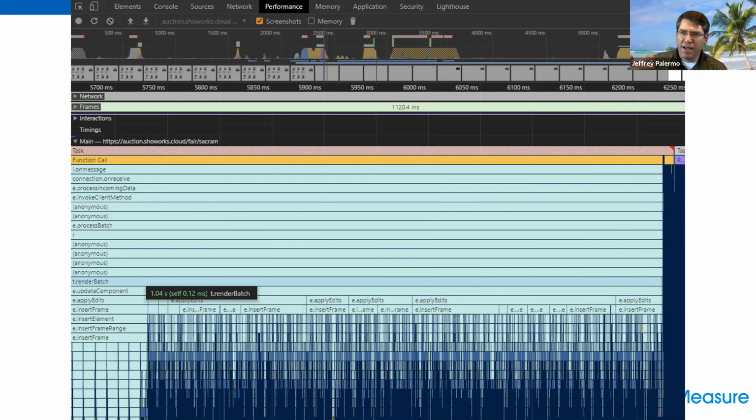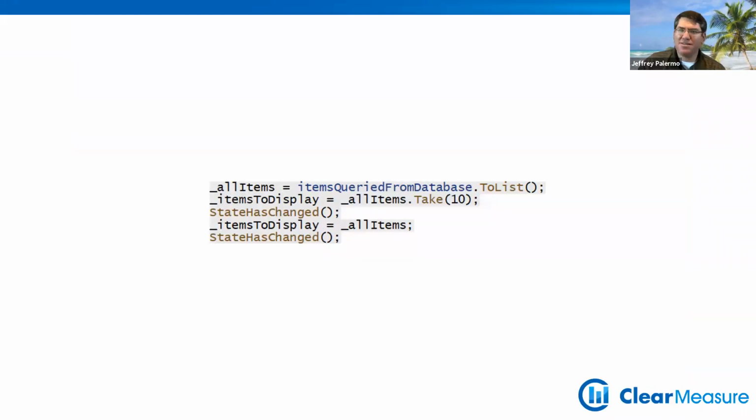And so I encourage you to measure what your applications are doing just to understand, because one of the interesting patterns is you want it to feel faster than it is, because you don't want to wait for all 100 cars to load. And so here is one of the simplest patterns. In Blazor code, we have all the items. You know what? Let me take 10. Let me call StateHasChanged. Instantly, Blazor is going to get those 10 up to the screen. And then